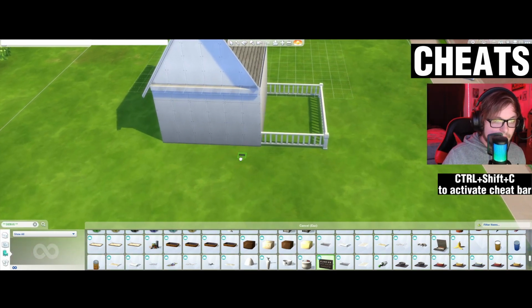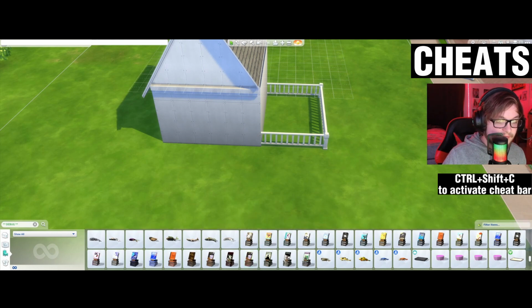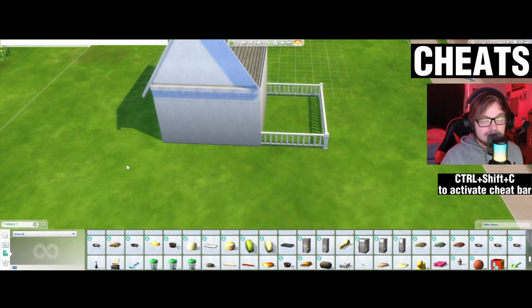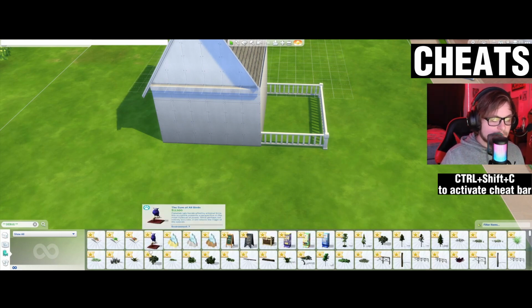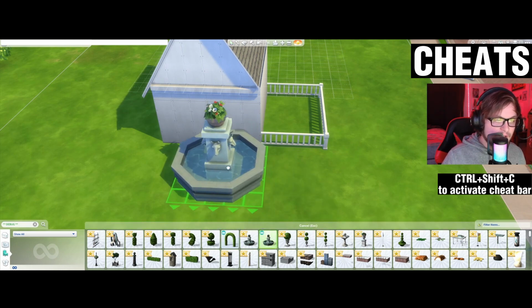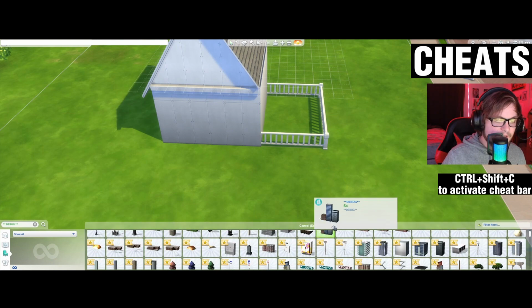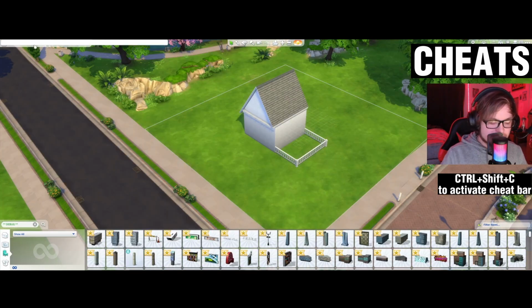Now they are not functional, but now you have them. If you want to get rid of them, just type the cheat in once again. Now let's say this isn't enough. Well, another one is bb.showliveeditobjects. Now we will have even more debug objects. Like, look at this. We literally have a city. The next cheat I'm going to show you is